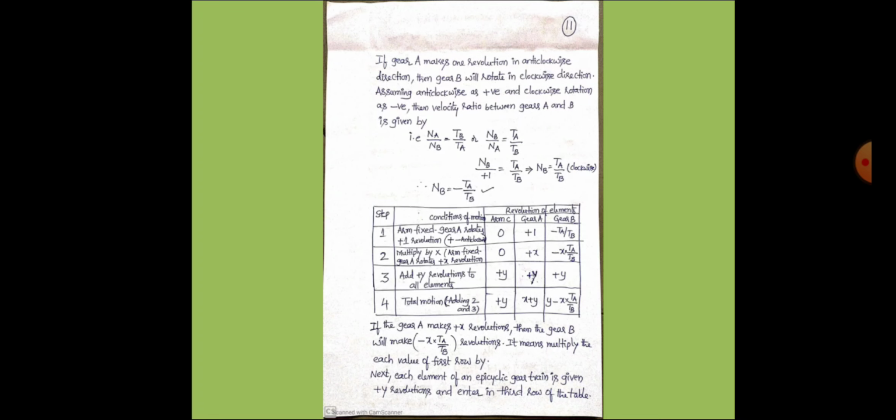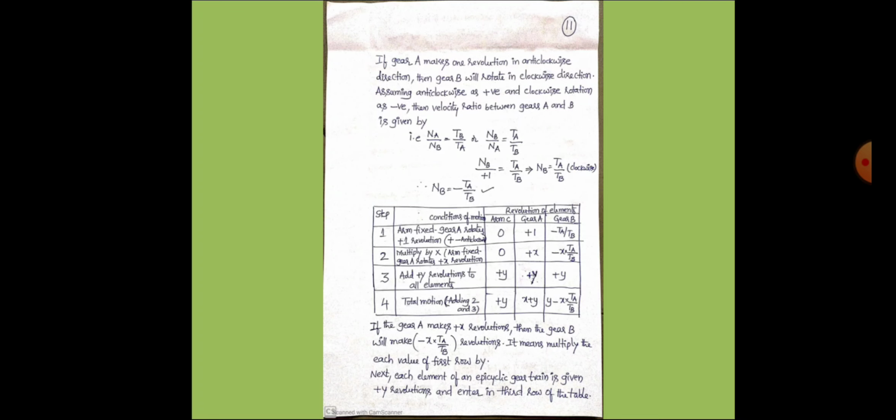Therefore, NB by NA is plus 1 because gear A is rotated in anti-clockwise. So, therefore, plus 1 revolution. Plus 1 is equal to TA by TB, which in turn, cross multiply, NB is equal to TA